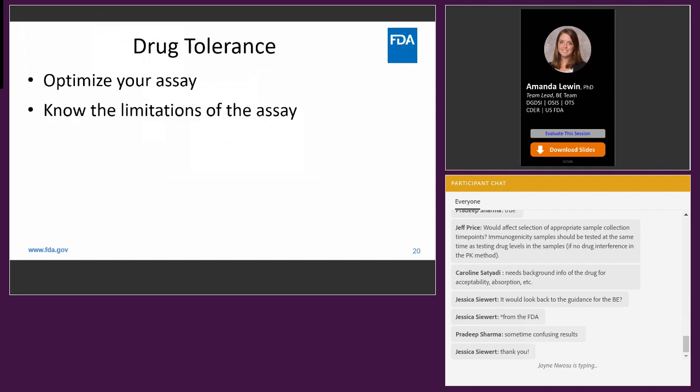If you're not able to establish a high enough drug tolerance, just make sure you're aware of the limitation going into the sample analysis and understand how you might need to compensate or monitor to understand if drug tolerance is impacting your sample analysis. And even if you think drug tolerance was sufficient, it's best practice to confirm this after sample analysis and looking at your drug on board in your immunogenicity samples. And this consideration, whether or not it was sufficient drug tolerance, can change by study, depending on the dose or the study design. Drug tolerance established in validation may or may not be able to cover all different study types